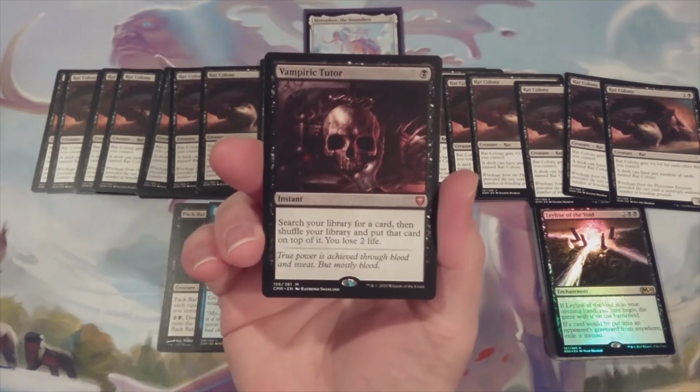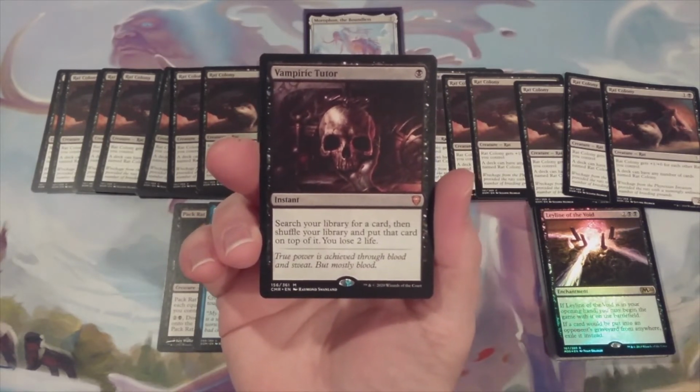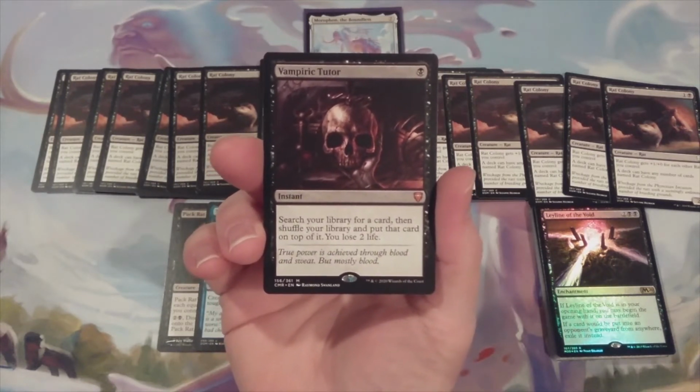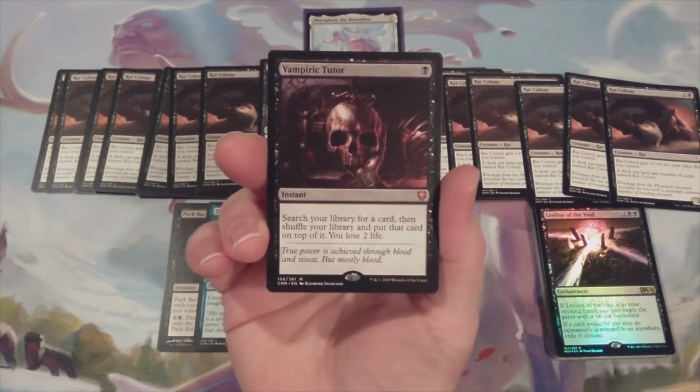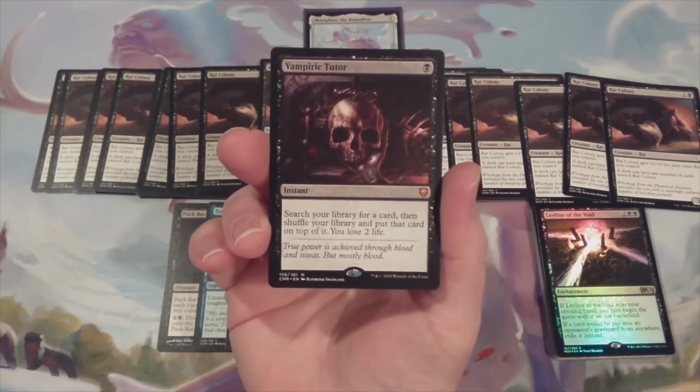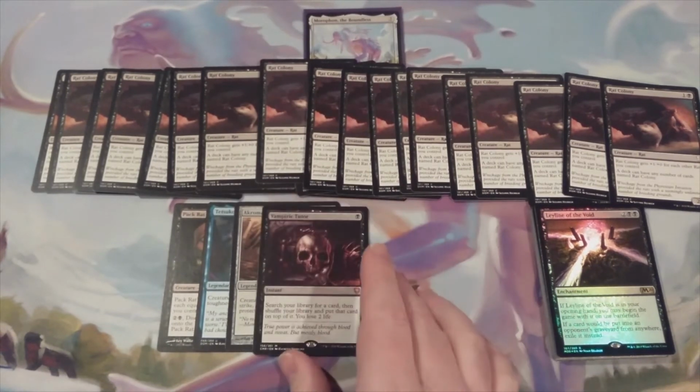It's a black, it's an instant. We search our library for a card. Yeah, fun day. Too much fun yesterday. We search our library for a card, shuffle our library, put that card on top, lose 2 life, all at